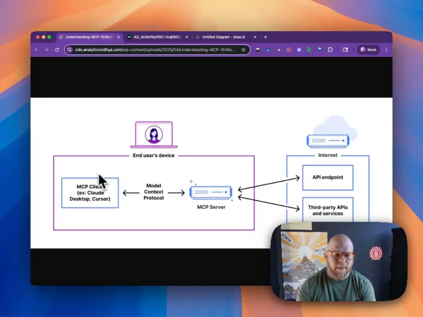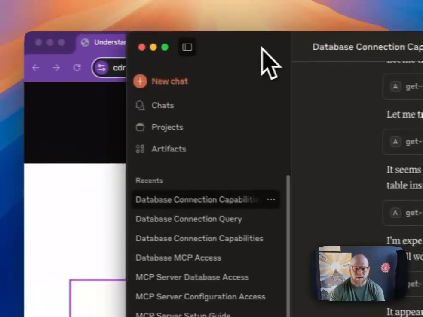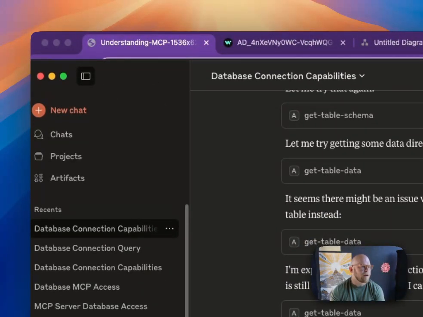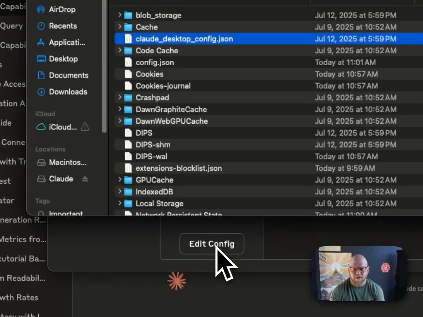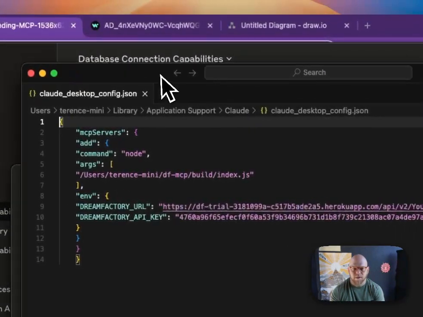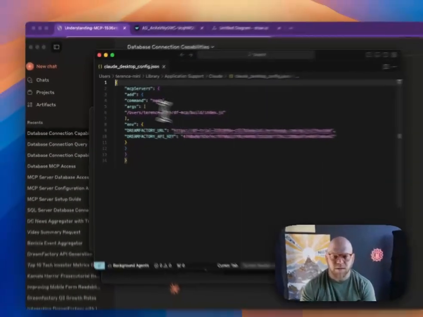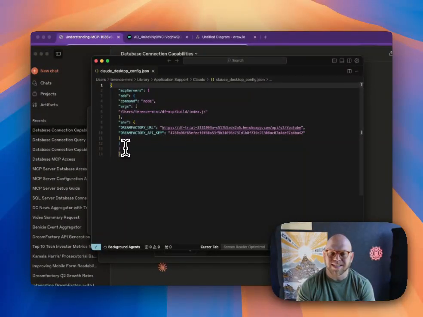If you recall, I had Claude Desktop installed on my computer. In the terminal I installed MCP -df, which is the MCP server, so this is all local on the laptop. Let me see if I can just grab it real quick. If you recall, I went to File, Settings, Developer, and Config, and I put in the config that actually tells Claude Desktop, the client, how to connect to the MCP server, which is on